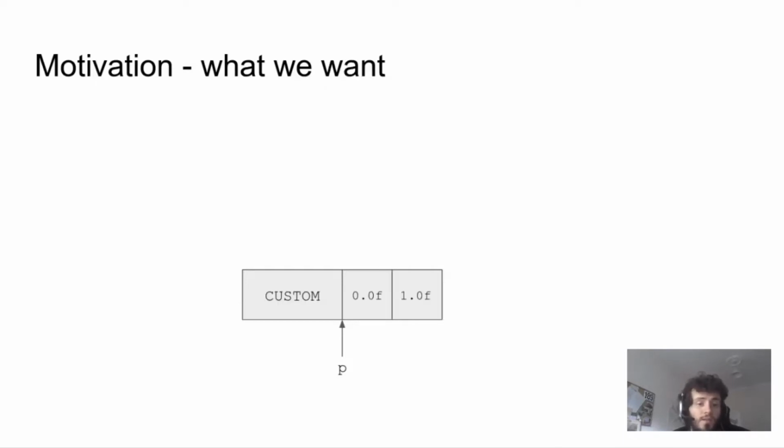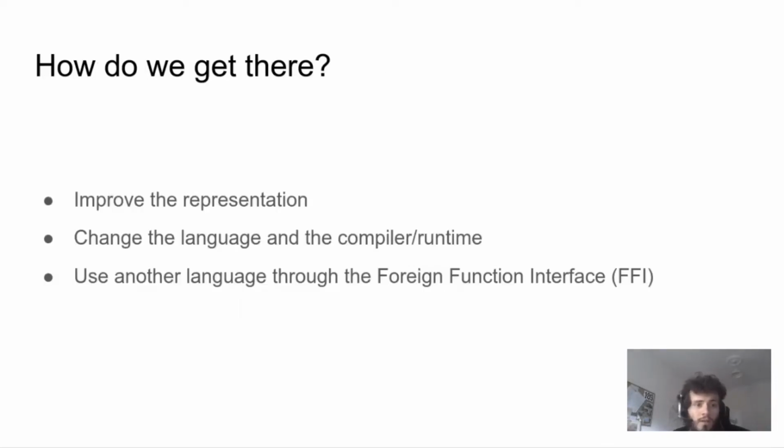Ideally, we'd like a single block with a header and 8 bytes of data. So how do we get there? We can write a lot of code, possibly filling with bits, and express the type in OCaml. However, the solution is unlikely to be elegant. We could also change the runtime or the compiler. However, this is not practical nor scalable and could become a maintenance nightmare.